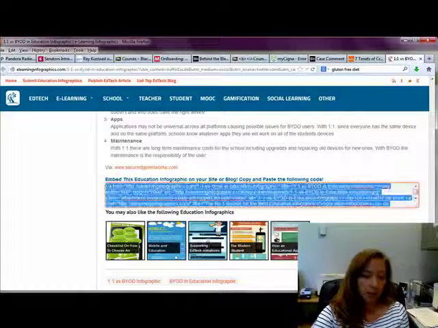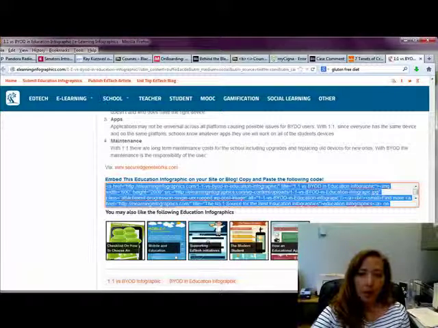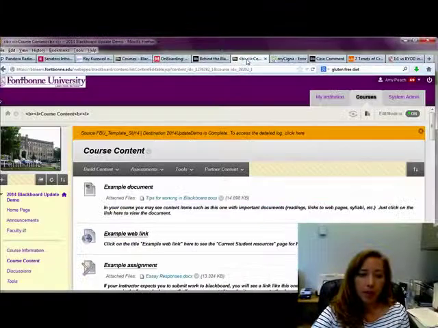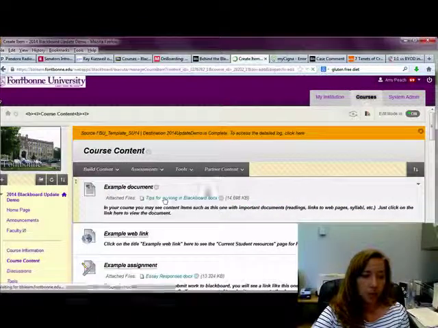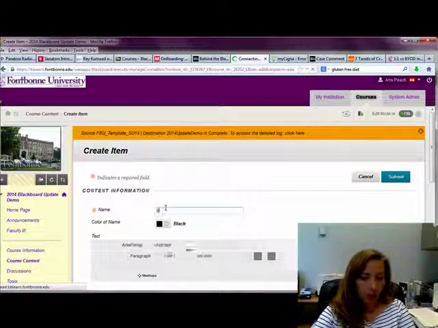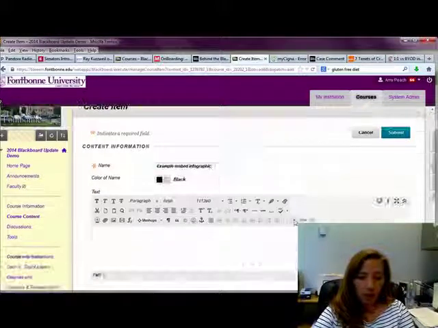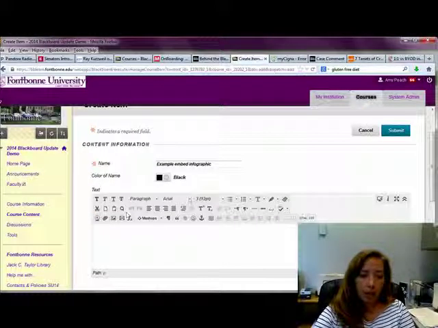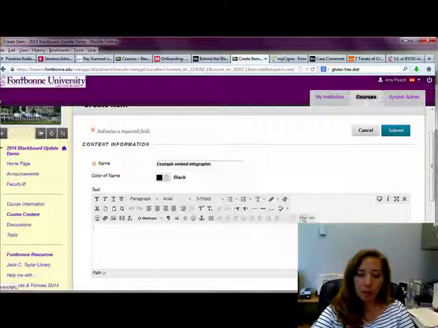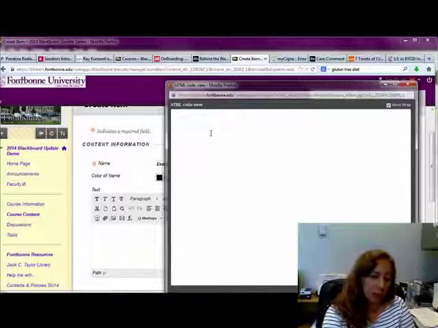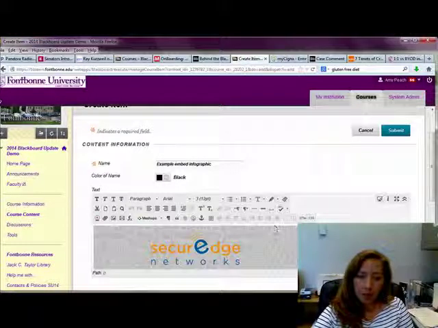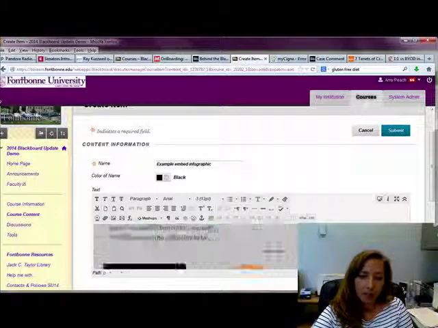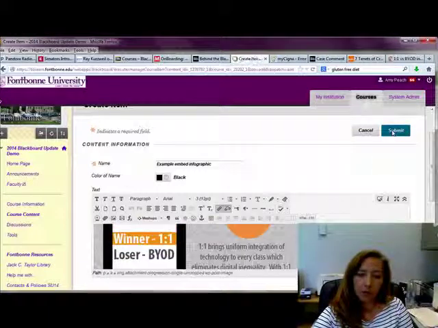So what I'm going to do is copy this, and I'm going to go back into my course, and I'm just going to create an item here. And I'll just call it example embed graphic. And what I need to do in my visual text box editor is go to the HTML button right here. Click on that, it gives me a new screen. I paste it in, and then I'm going to hit update. And then right here you can see that the picture automatically shows up. So if I hit submit,